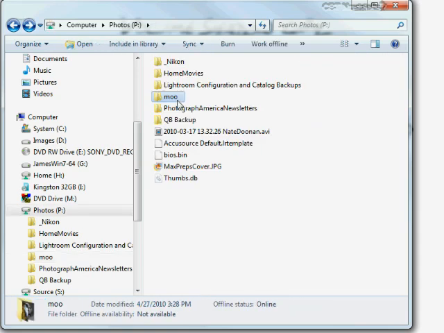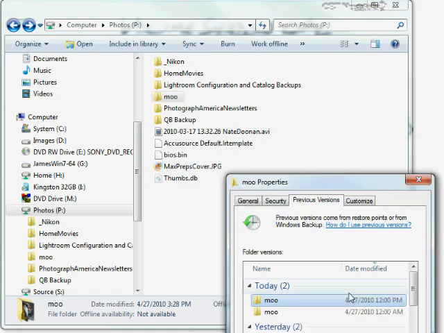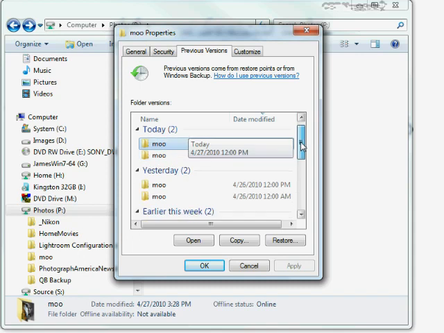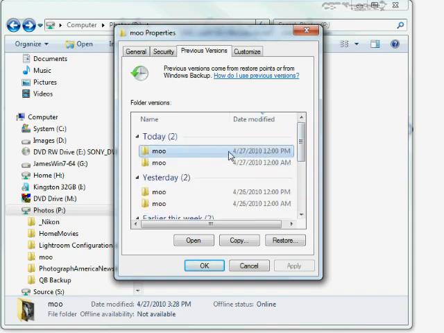All I have to do is to right-click on the folder where the file originally appeared, and then I can go down here to Restore previous versions. Okay. Having done that, I can go into one of these items right here. It tells me it was created today at 12 p.m. and also 12 a.m. And I've set this up on my server. This is not something you need to know about for the client side, but on the server side, this has to be configured for network shares. Anyway, it was set up so it creates those backups twice a day, and you can see that it goes back through several different restore options.